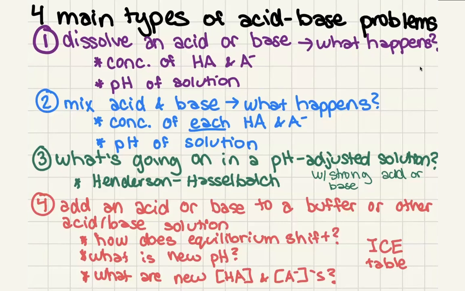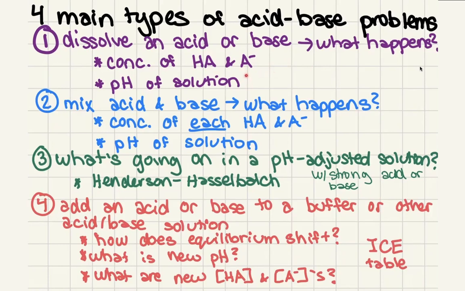The first type is going to be the simplest. In this type, you have some sort of acid, and you're going to dissolve it in a solution. When you dissolve it in a solution, some of it is going to dissociate, so some of it is going to deprotonate. Then you're going to be able to calculate what proportion deprotonated, what's the concentration of the deprotonated form versus the concentration of the protonated form, so the conjugate base and the conjugate acid, and what's the pH of the